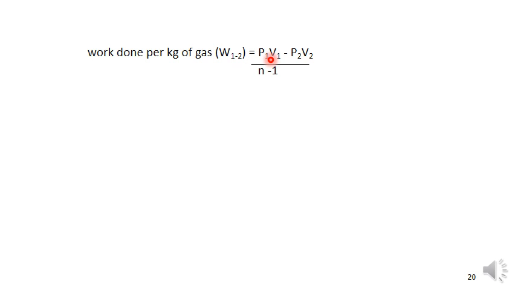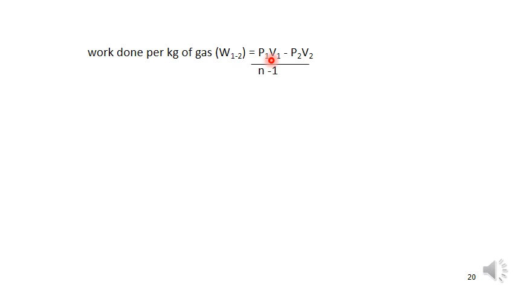So I'm writing another formula because I have the data about the temperatures T1 and T2. I don't have the data about V1 and V2 separately. Here they gave the ratio of V1 and V2, so it is a little bit difficult to solve the problem. That's why, since I know the temperatures T1 and T2,